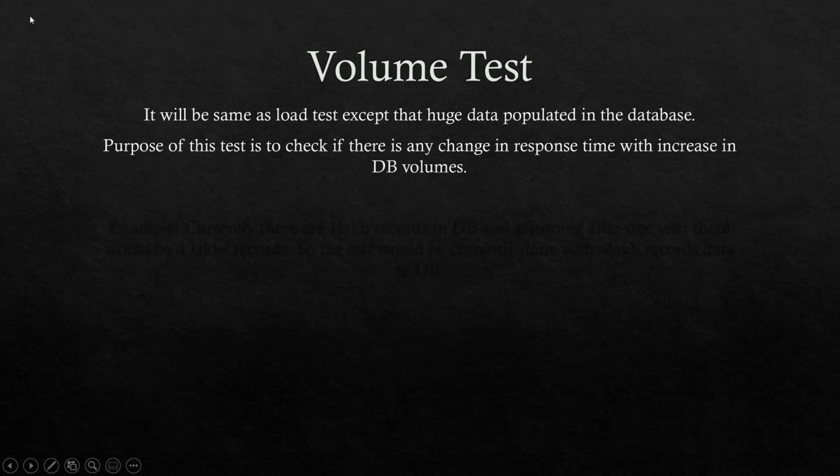The reason to test this is, for example, in future, if there is any change in database volume. For example, now there are 1 lakh records in our application database. After 2 years, the records might increase to 4 lakhs.